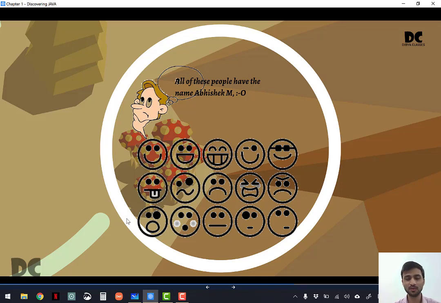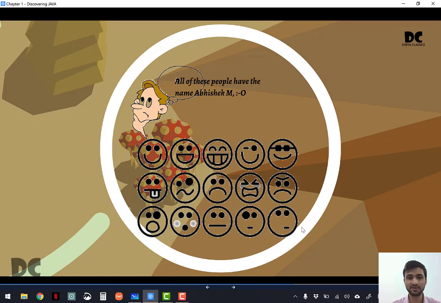Now his mother will tell how he looks. So here are some emojis of different kinds of faces. There is an Abhishek who always smiles, there is an Abhishek who always laughs, there is an Abhishek who always shows his teeth, there is an Abhishek who has a habit of always flicking his eyes, and there is an Abhishek who wears glasses every time, and there are different types of faces.